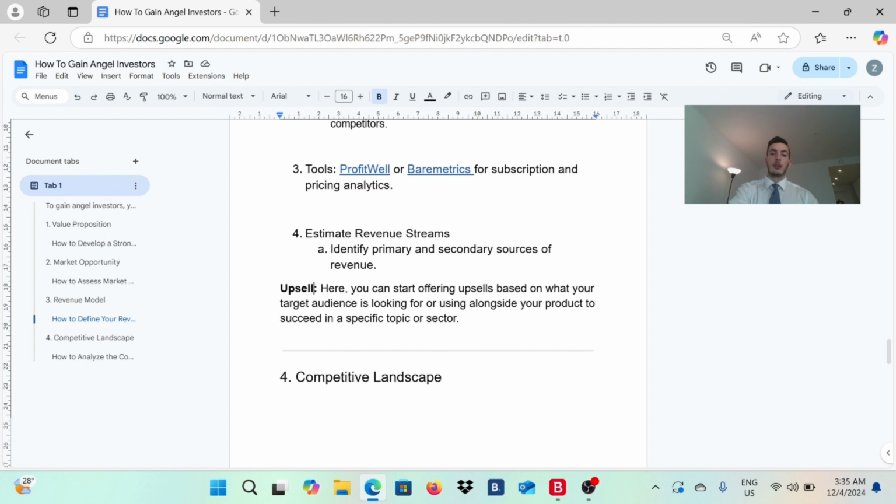All right. And upsell, most of the time, means that the one who bought the first product would also be recommended to buy the second product. But right here, I mean to give upsell with two or three products of the same topics, the same areas, the same sectors that you are providing a solution for, to the same specific target audience that you are targeting. Make sure to do that.